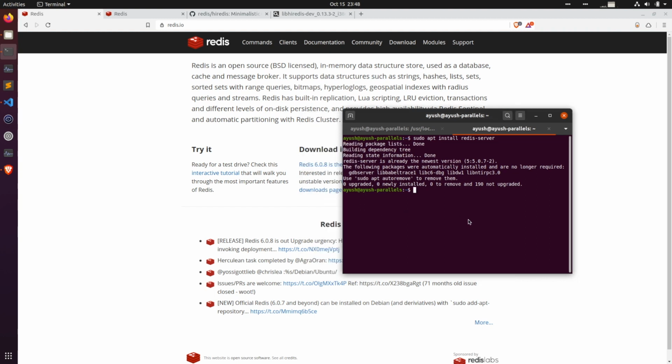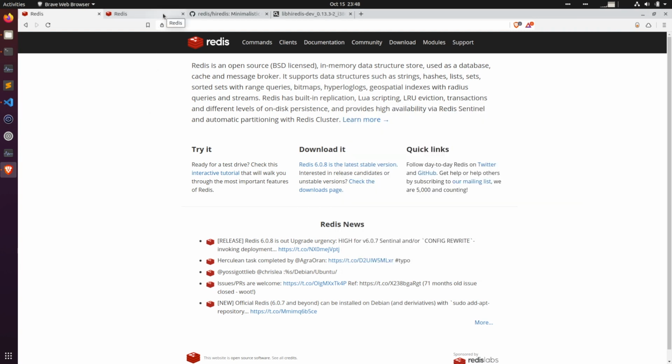We can test if the Redis server is installed properly. We can do so by typing in redis-cli. As you can see, it is pointing to the Redis server. We can do some commands like ping, which will give us pong. We can say set name alakazam. It will say OK, and if I say get name, it will return me the value. So now that we are done with the installation process of Redis completely, let's move on to Redis clients.